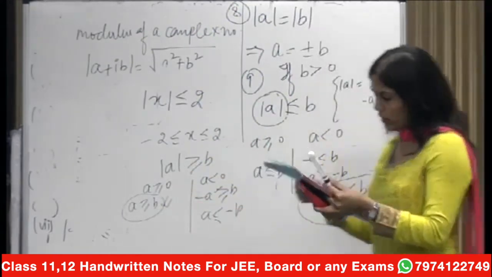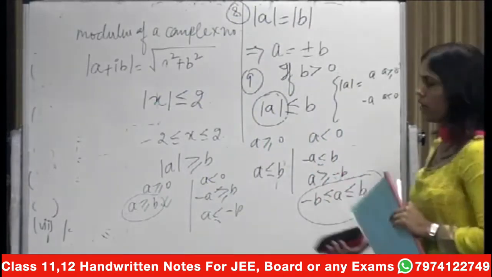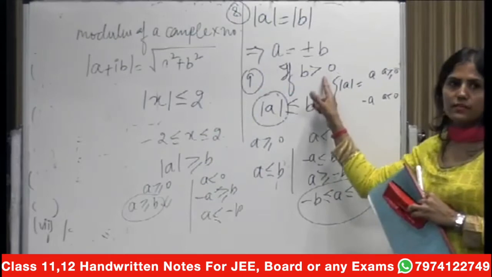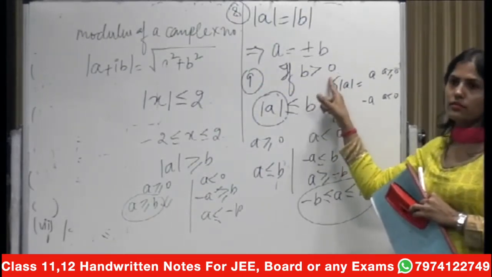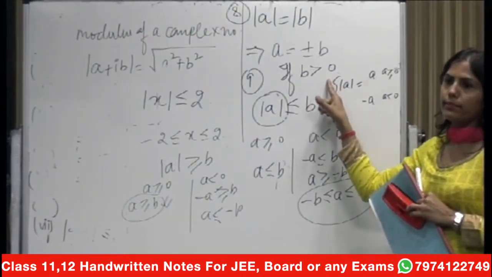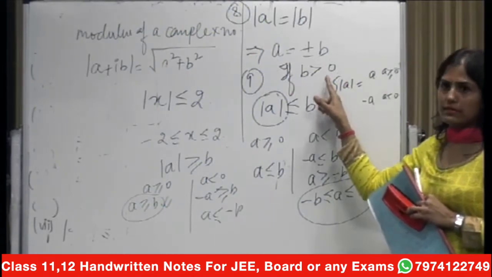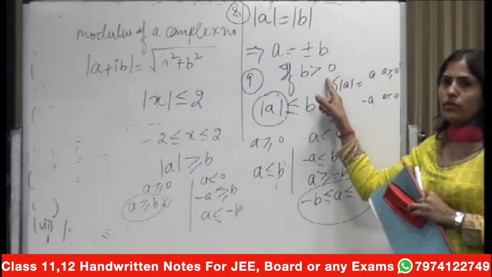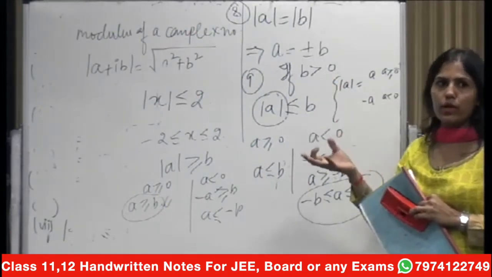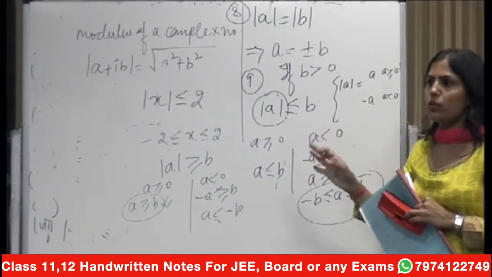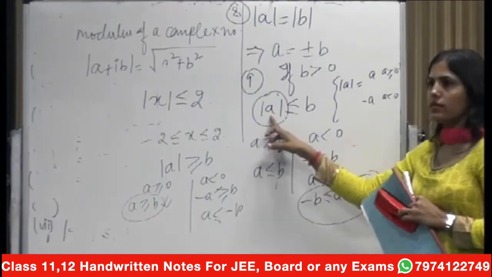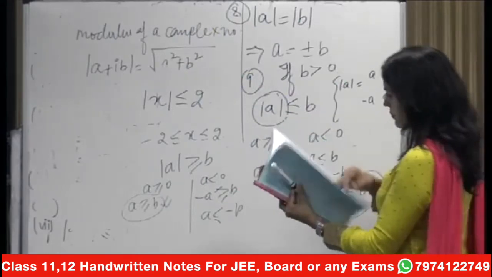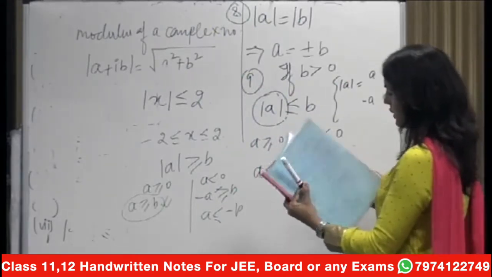Now one question I have for you. This is the condition, this is important. I hope you are noticing all these things. This is important: b should be more than 0. For mod a, we know mod a will always be positive. Whichever value we take, mod will be positive. Is it fine? So now come to some graphs and then inequalities.